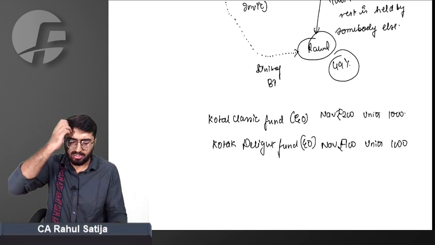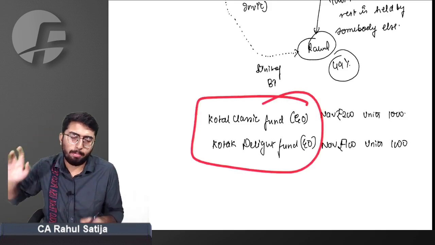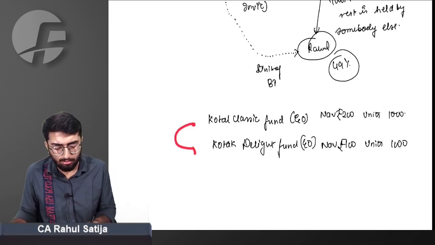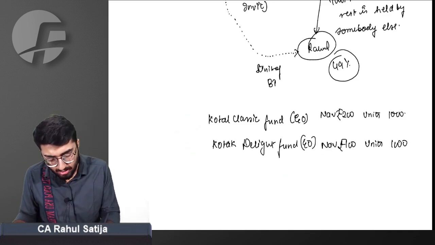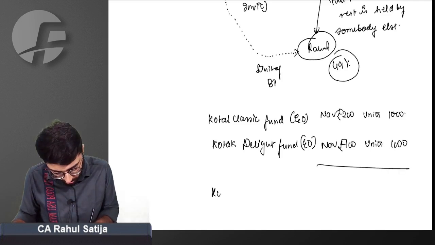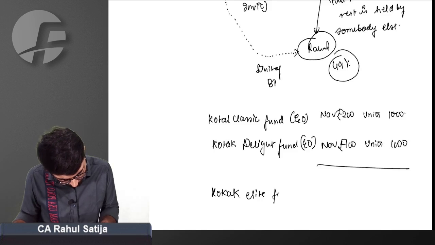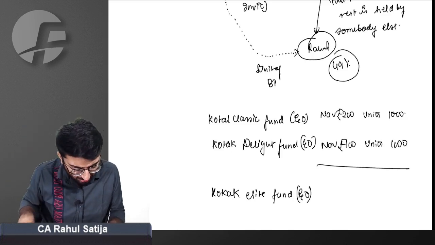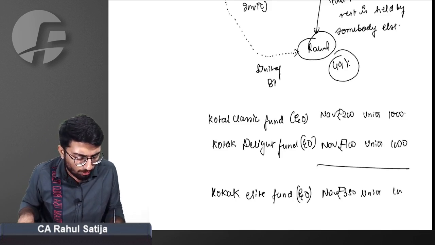Now if Kotak wants to discontinue any of the funds and merge them, Kotak wants to merge these two funds. They created a new fund named Kotak Elite Fund, equity oriented. They got some synergy of benefits. For that matter, their NAV turns out to be 350,